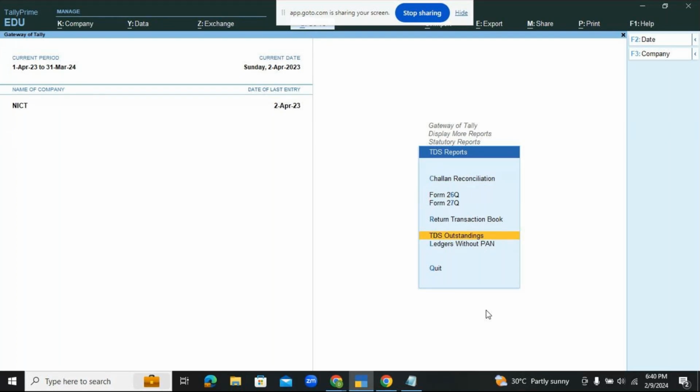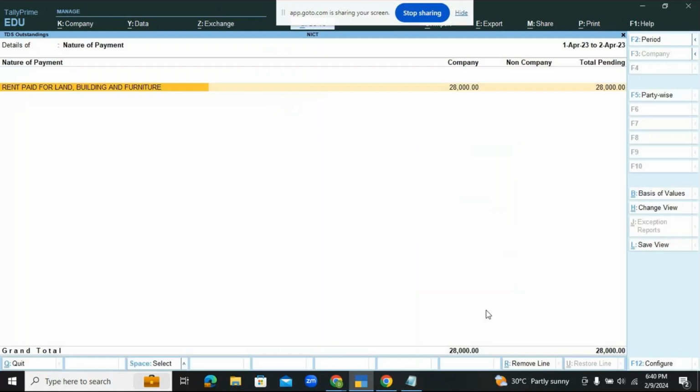Okay, so just press enter on TDS outstandings. You see that 28,000 is the amount to be remitted to the government. We have passed one. Suppose if you have passed a couple of entries, it will show the net amount of TDS remittable to the government. So we have got the total amount which is payable to the government. Now I'll press the escape key